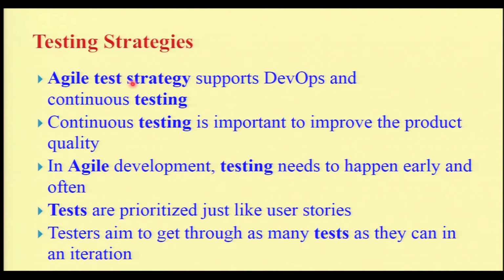In the agile software development lifecycle model, the strategy is supported by DevOps and it requires continuous testing. What do you mean by DevOps? DevOps denotes development and operations. In the case of the Scrum framework, wherein you use sprints, the duration of a sprint is usually 15 days, that is a fortnight, and the maximum duration of a sprint can be 1 month. At the end of each sprint, you are supposed to deliver